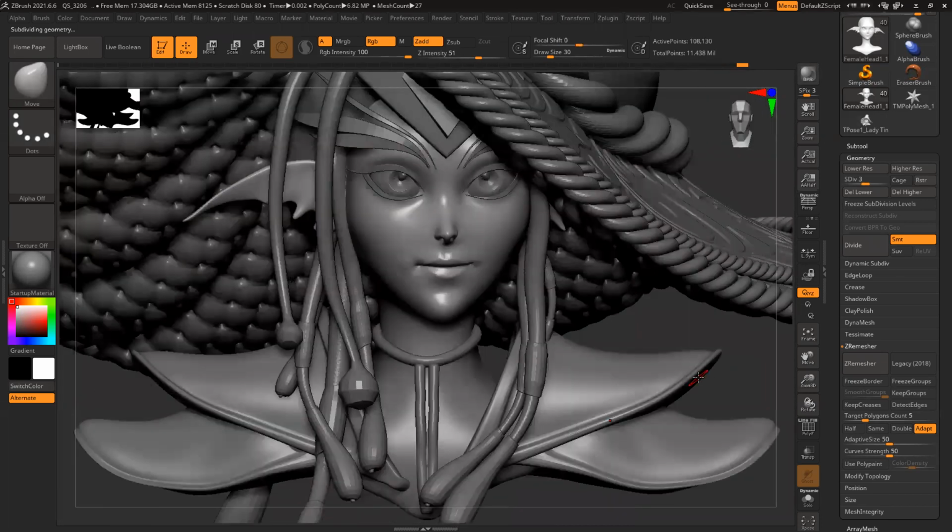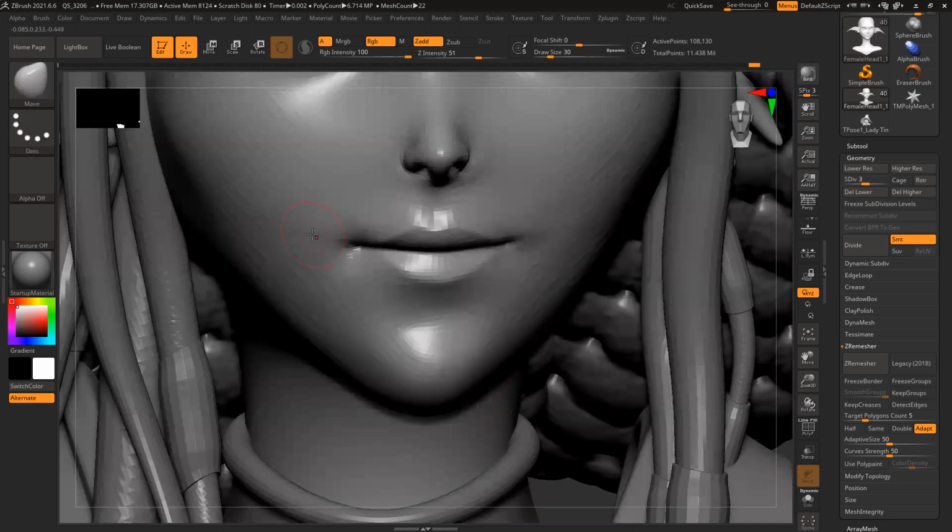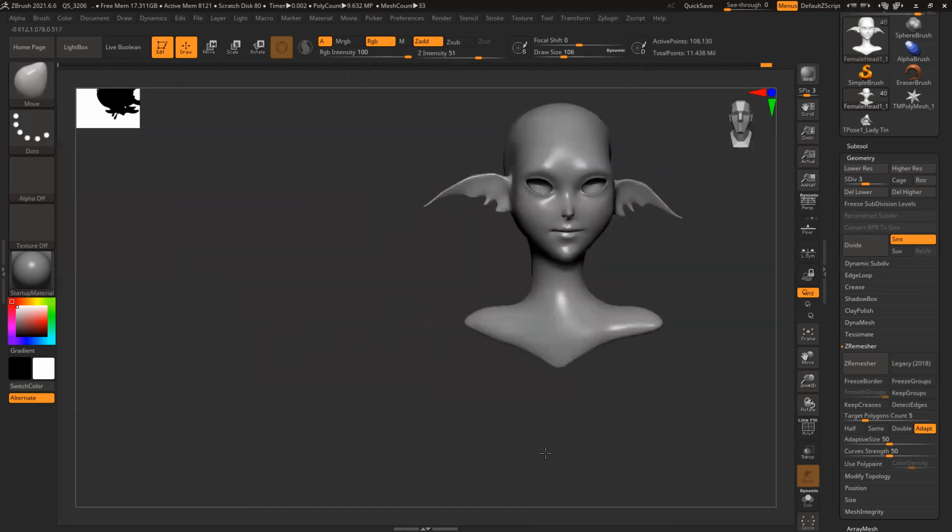Slightly adding that expression. Like in my reference, the side lips are slightly pinched. Just slightly outside. This looks much better.